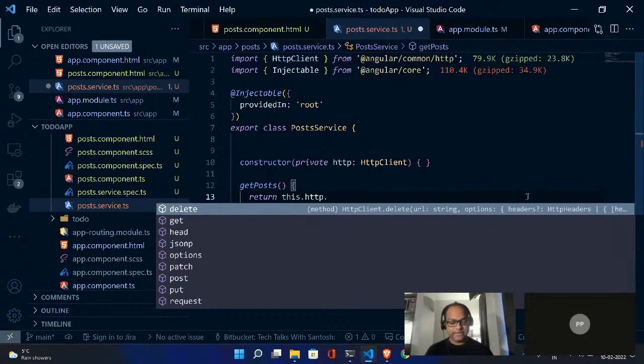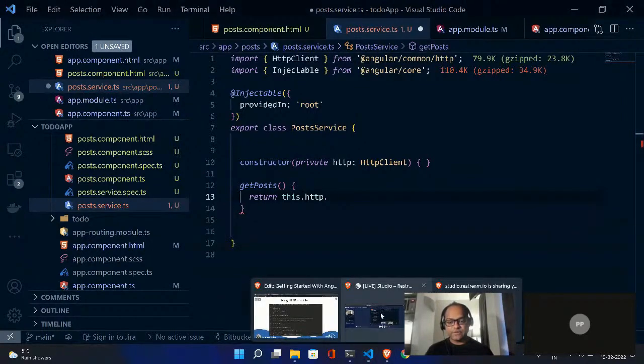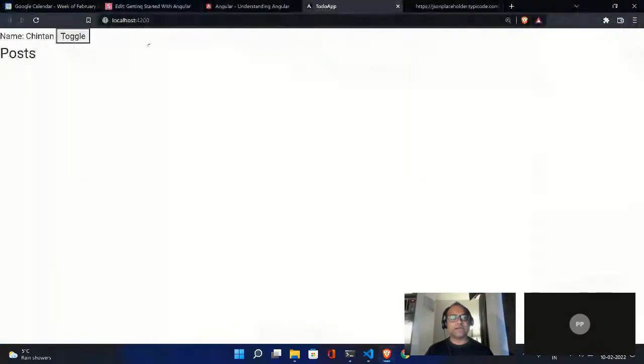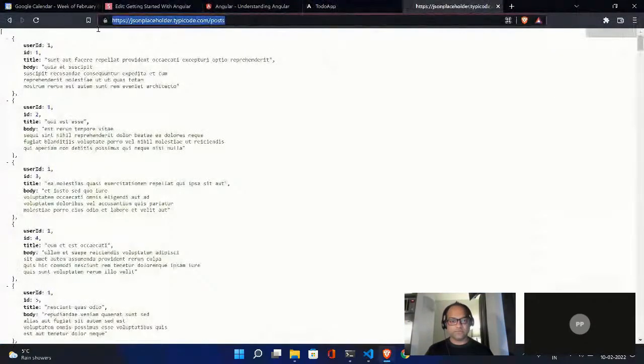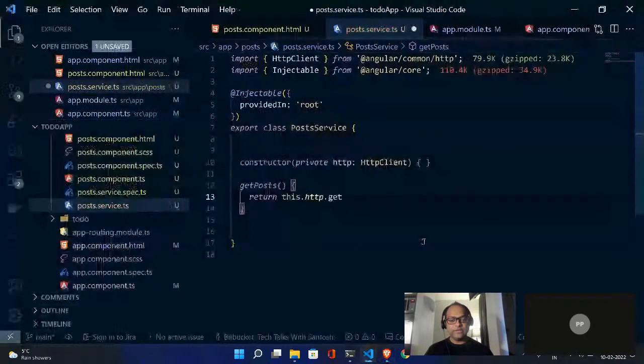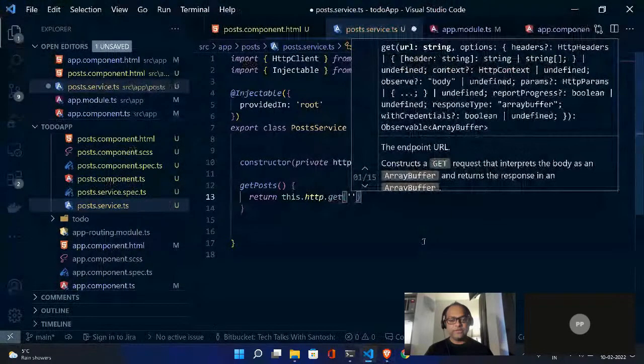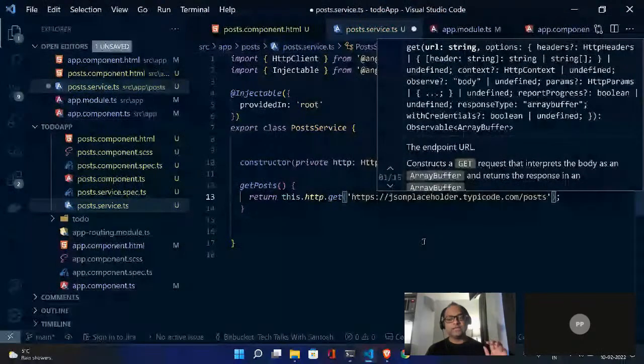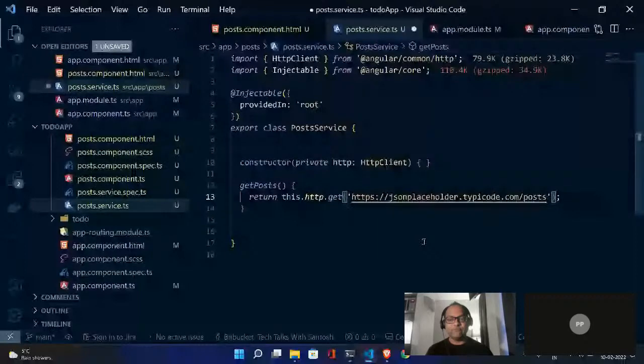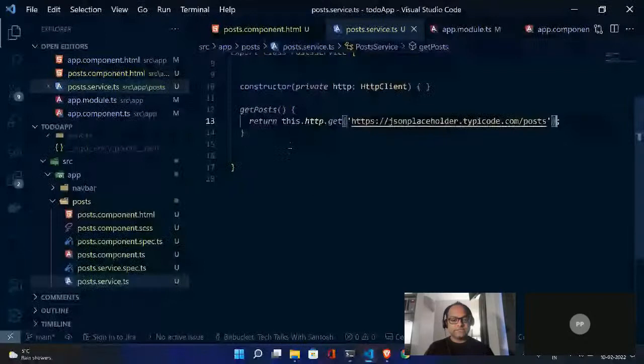All these methods are available right now. The API which we have here is a get API. So we will be using the http.get method, and the get method needs only one parameter, which is the resource URL from where you will get the data. That's it. That's what it needs to know. We have this thing available.